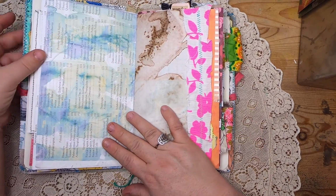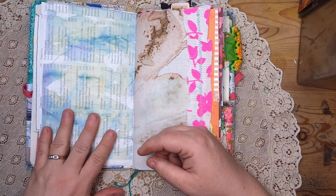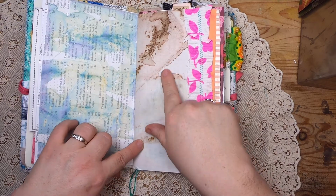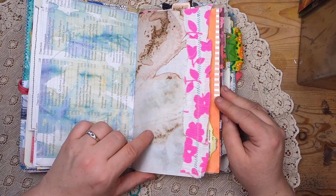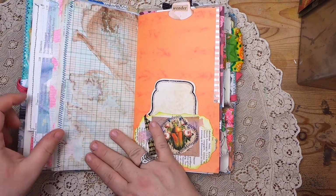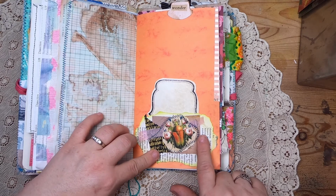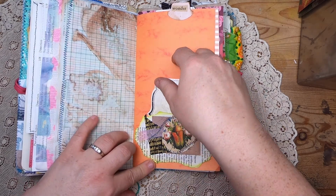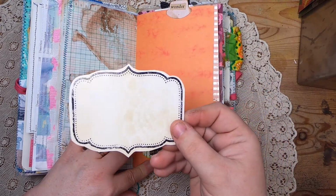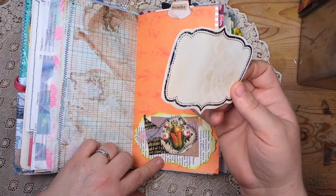On this side we have a Grey's Anatomy index page, and on top of it is some fun cabbage dyed parchment paper. This is some avocado dyed ledger paper with vintage fabric stitched down here. This is a little cluster that's fabric, paper, and stitching with a beetle, and it has a tab up top that says Wonder. And then this little label that's been coffee dyed with a doily on it, and this is